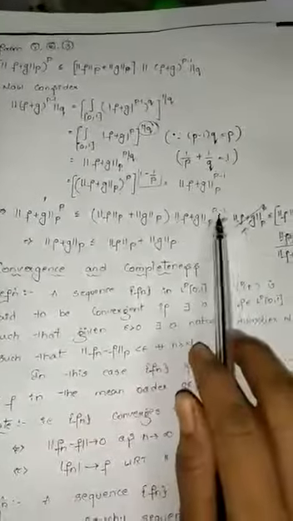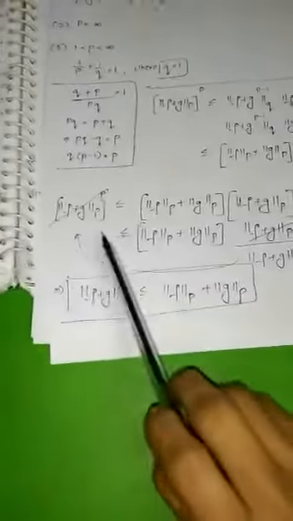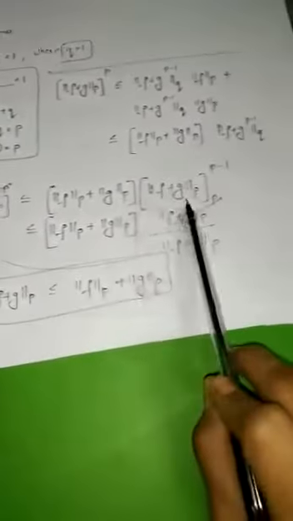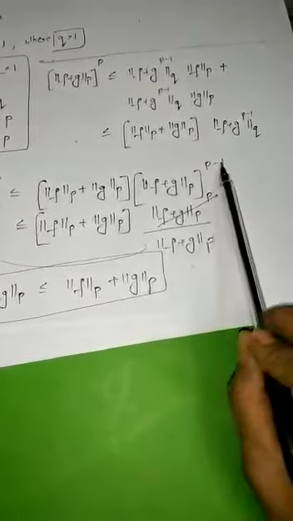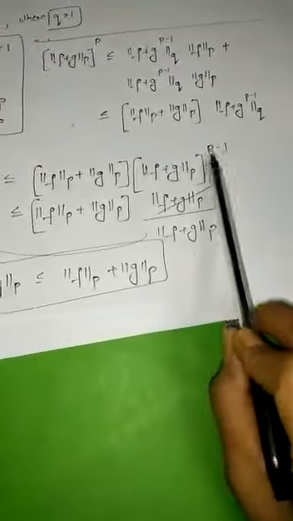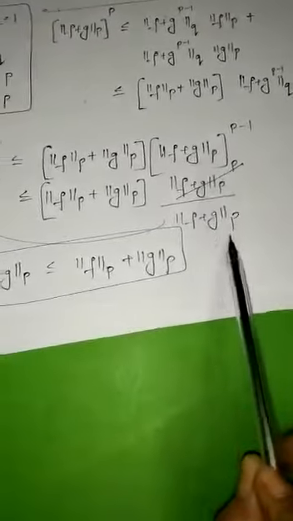Now here girls, how are you getting this equation? So this is solved for you here. LHS is written as it is. You have RHS here. This part is written as it is. This entire thing is whole power p minus 1. This whole power p minus 1 can be written as power p by norm of f plus g, which I have written clearly for you here. So LHS is norm of (f plus g) power p, which is less than or equal to norm f plus norm g. And this part, after simplifying, it is becoming whole power p minus 1. This whole power p minus 1 is norm of f plus g with respect to whole power p by p, which is 1. So it becomes simply norm of f plus g. This is with respect to your Lp space.